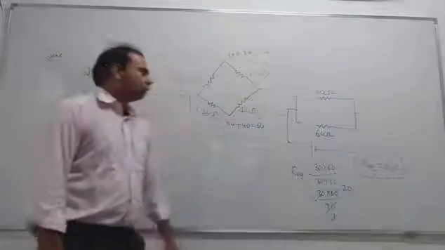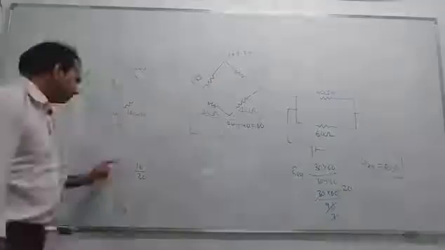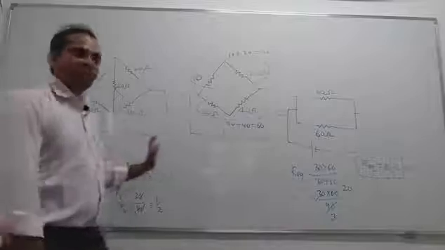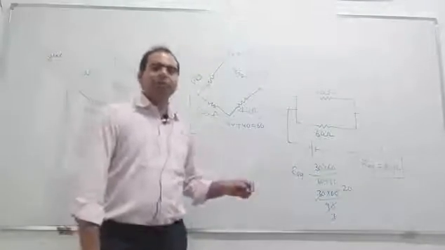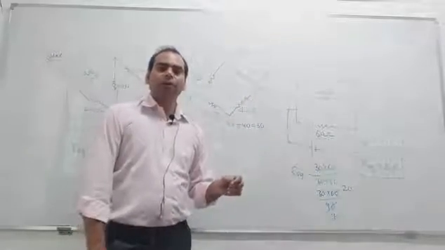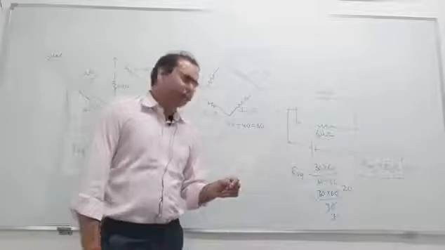So whenever the condition is satisfied, the circuit becomes very easy, right? So see the condition, that is, the ratio of R1 to R2 is equal to R3 by R4.